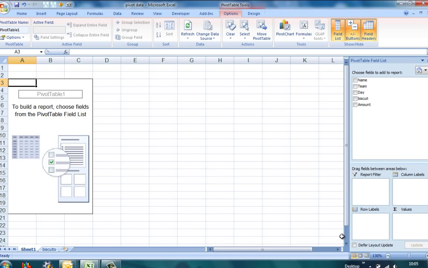So what's happened here is it's created for me a brand new sheet. It's put on that sheet an empty pivot table, and it's opened up this extra pane at the side here called the pivot table field list. The pivot table field list contains the fields that come directly from my table. If you remember, these were that top row of data, and that's why it was so important to have labels